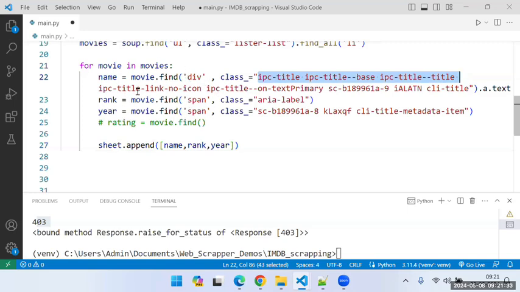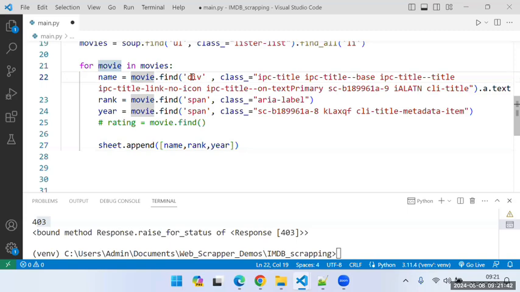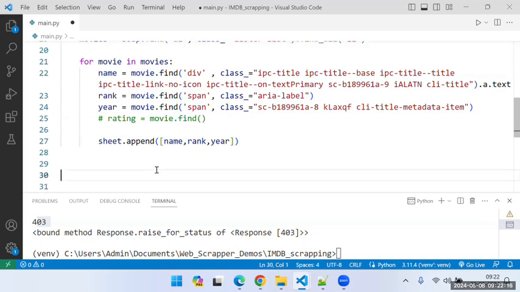So if something needs to change in the script, it would mostly be inside the for loop that you would like to tweak. But the logic would remain the same. You are finding that tag, you're finding an attribute in that tag, I mean the class in that tag. When you are able to find it, you move ahead to get the text within it. Likewise, for rank, you are finding the span tag with a specific class name. Once you get it, you save it inside rank, and then movie as well. Once you append this information in the sheet, all that you need to do is,